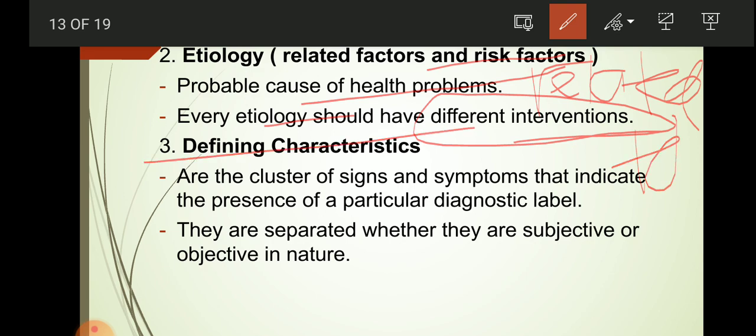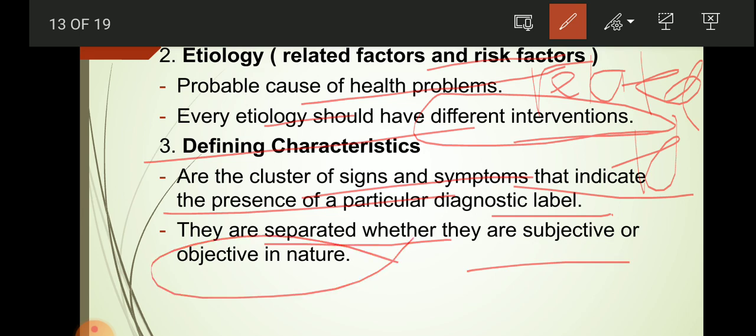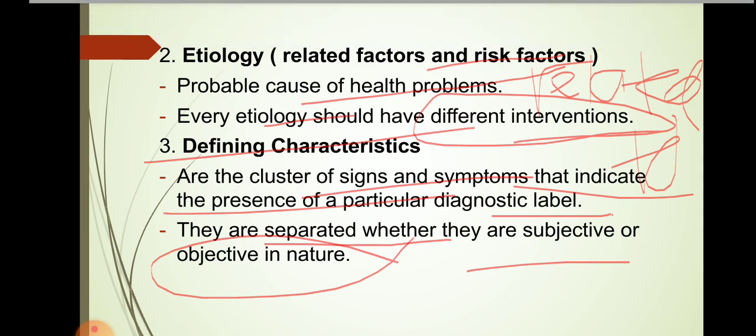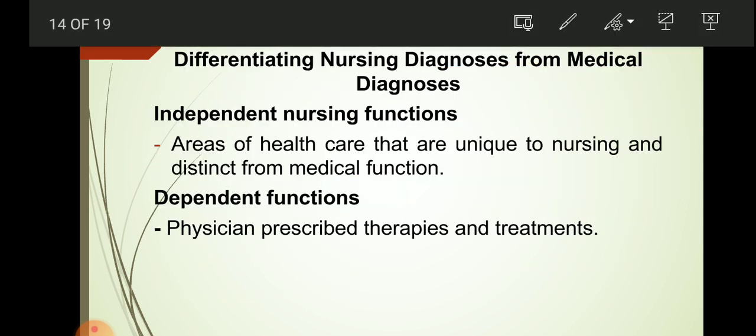The third one, defining characteristics, are the cluster of signs and symptoms that indicate the presence of particular diagnostic label. So they are separated whether they are subjective or objective in nature. Okay? Mao na siya. For example, dyspnea. Okay? Nag-express ang patient na naglisod siya ginawa. Activity intolerance related to generalized weakness as verbalized by the patient or as manifested by the increased respiratory rate. Now, there are different